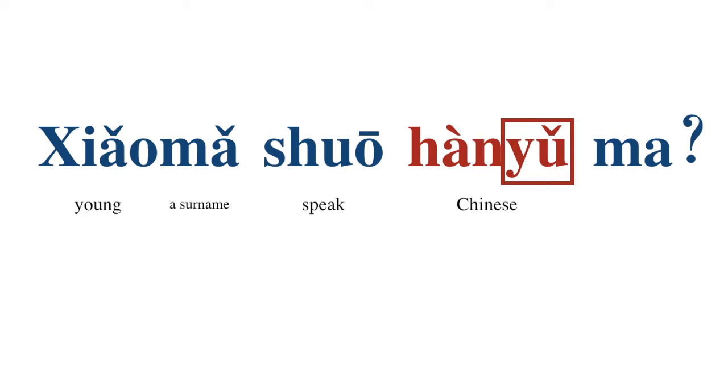Yu here is another representation of yu, yu with two dots. This sentence means, does young Ma speak Chinese? With me. 小马说汉语吗？小马说汉语吗？